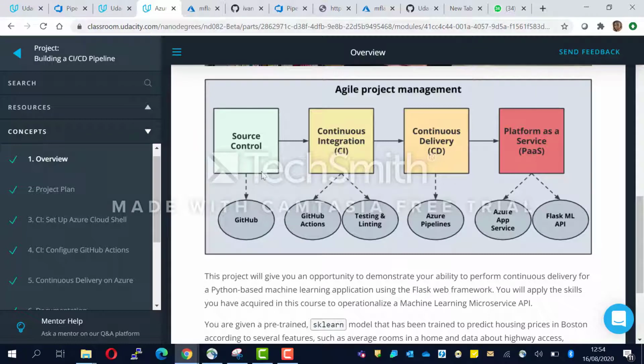So first of all, we have the source control code, which is going to be pushed to GitHub, and then move to the continuous integration phase where GitHub Actions will take over and it's going to do some testing and linting actions to see that everything works well. If everything is fine, we go to the continuous